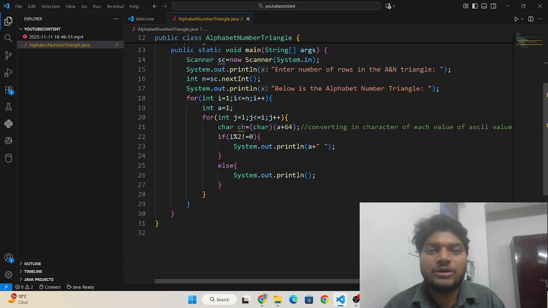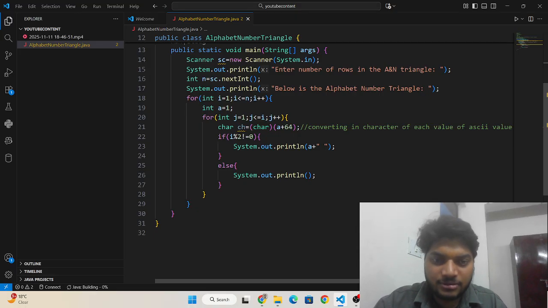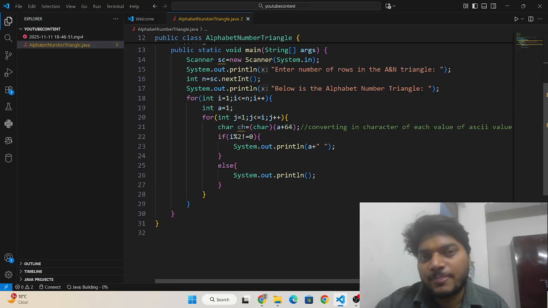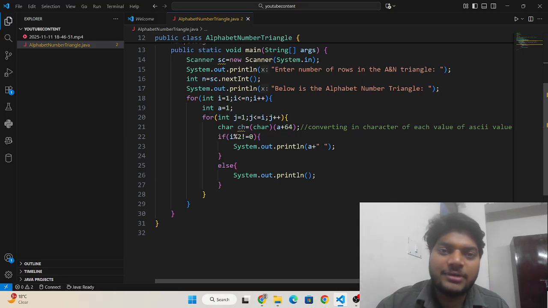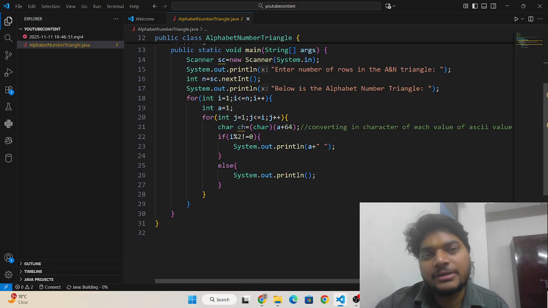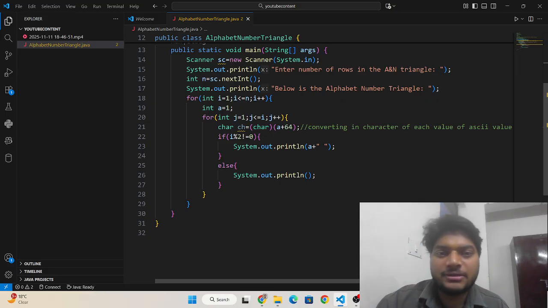If you want to print the lowercase alphabet, then you will use 96, because lowercase starts from 97. So if you want to print a small alphabet in the even row of the triangle, you have to use 96. I will do that for practical.